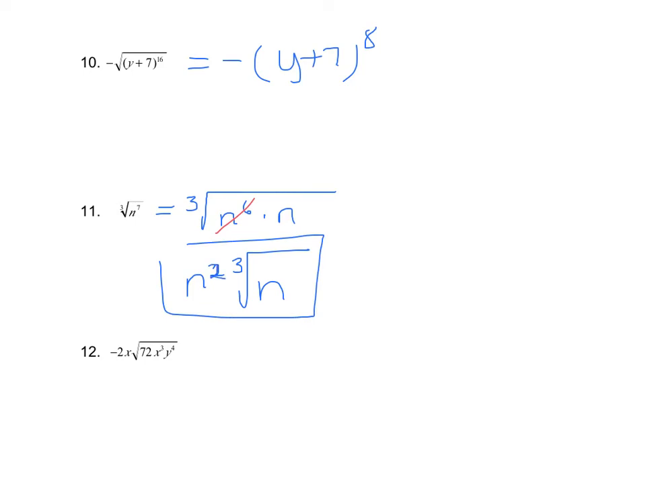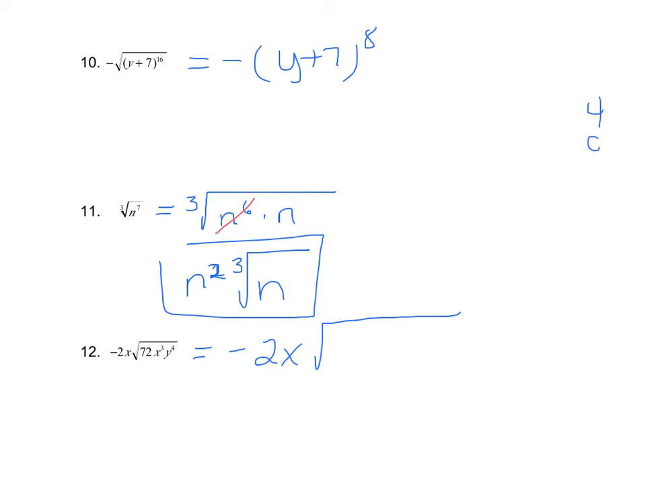Let's take a look at number 12. In number 12, it's negative 2x square root of 72x cubed y to the 4th. Okay, we're doing square root. So the negative 2x comes over. Here's my radical. So I need a biggest perfect square root that'll go into 72. So my mind is thinking,